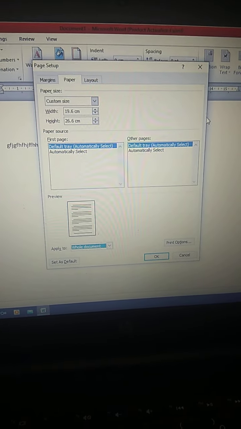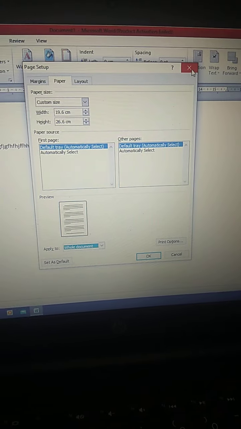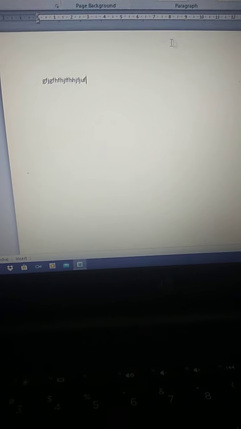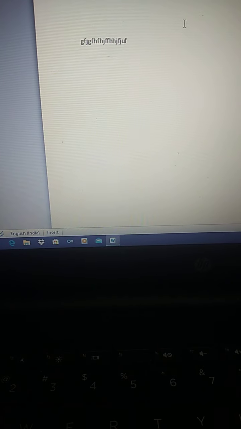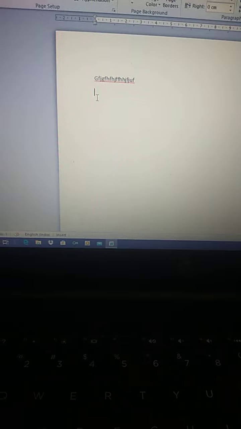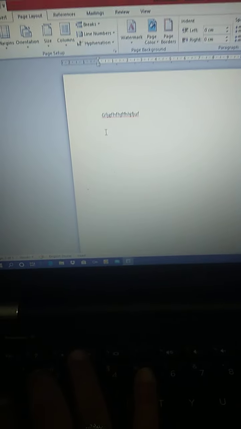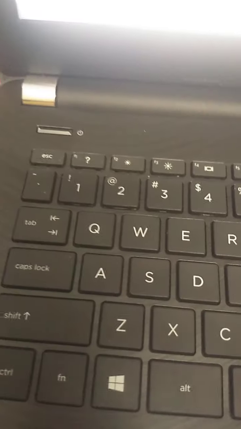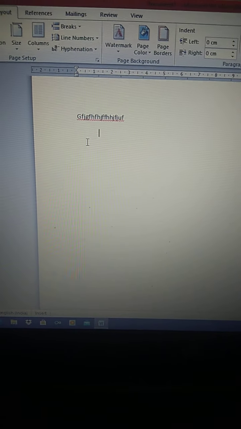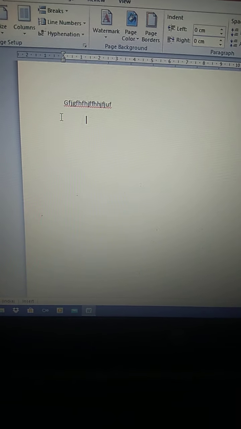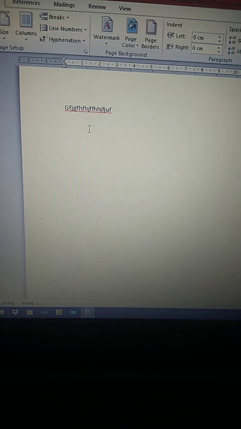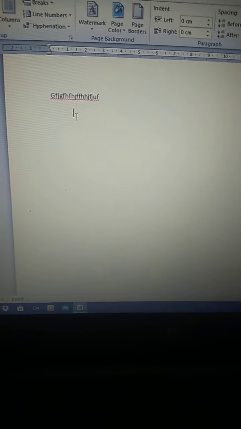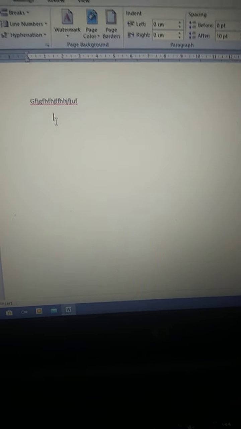Next part we have done was working with tabs. Now what are tabs? For example, I go to next line by pressing the enter key. One time I press tab key, first it is blinking at the extreme left. One time I press tab key from the keyboard, it has jumped certain spaces over here. So the space from one tab key position of the cursor to the second tab key position is called the tab position, that I can change according to my requirement also.